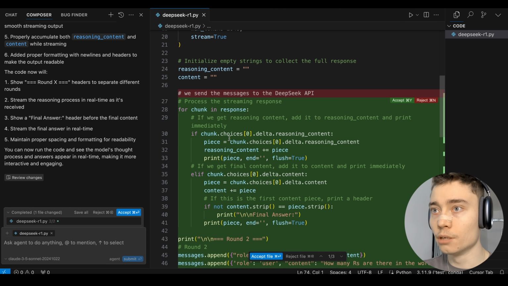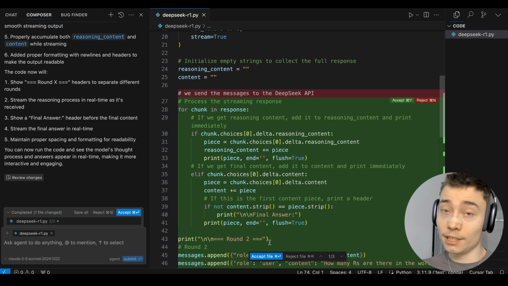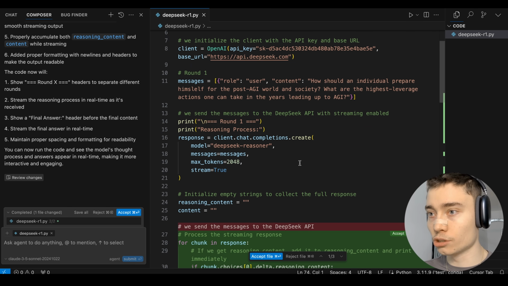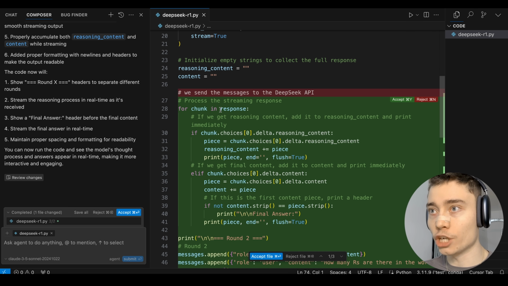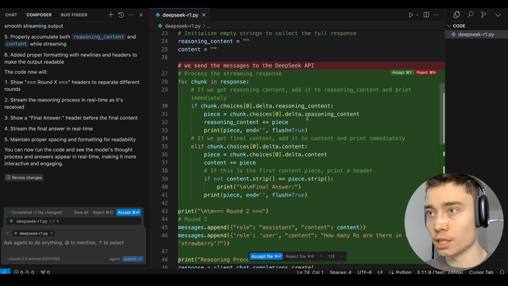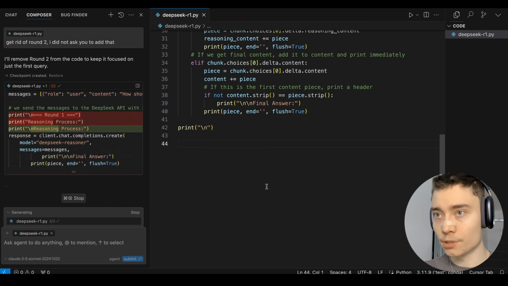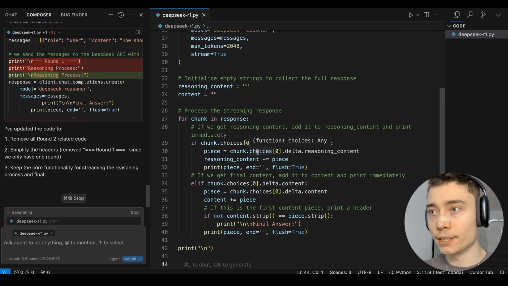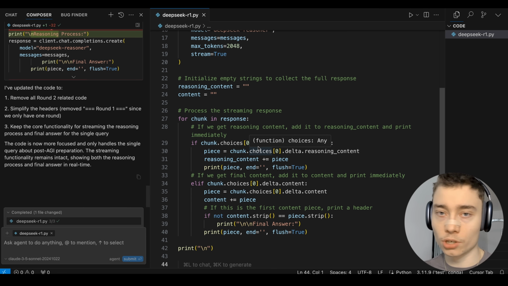Let's accept that. But this is a good practice, instead of accepting it all, which sometimes you can just full send it and see what happens. If it's production code, and if it's important code, just go one by one and see. So for chunk and response, then it prints out the chunks nicely. Let's do that. All right, so now we have token streaming implemented